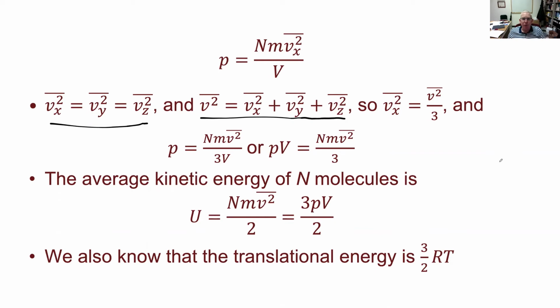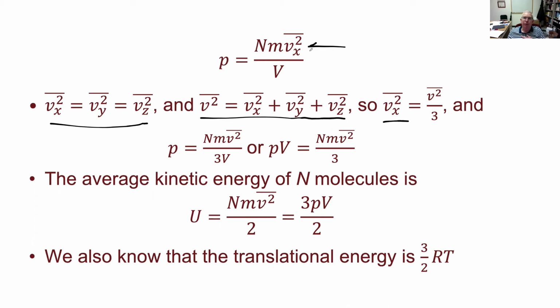That's got to be equal to the sum of the squares of the three components of the velocity there, the sum of the averages of the squares of the three components of the velocity. And since all three of those components need to be identical, that says that the one we've been working with, that is the average square velocity in the x direction, that's got to be the actual average square velocity just divided by 3, okay? And so now I'm going to take that result, I'm going to put that in up here